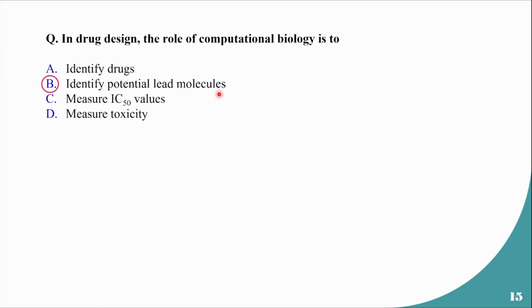We know that in computational biology, through virtual screening or docking processes, we can overall estimate the binding affinity and binding interactions of, let's say, proteins with small molecules or ligands, right? And then whatever hit we get from that, we can go for some prediction of physicochemical parameters, and then we can proceed for a more